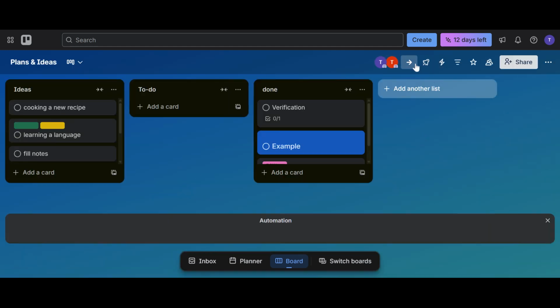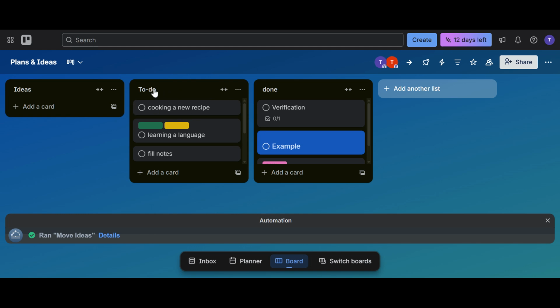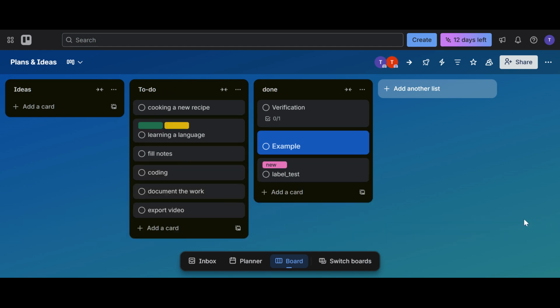As soon as you click the button, Trello will automatically perform the action you configured. For example, it will instantly move the selected cards from one list to another, without you having to drag and drop them manually. This reduces repetitive work, speeds up your workflow, and keeps your board organized with minimal effort. And that's how you use Trello board buttons to automate tasks and reduce manual work. Once you start using board buttons, you'll realize how powerful Trello automation really is. You can create multiple buttons for different workflows, like assigning members, adding labels, archiving cards, setting due dates, and much